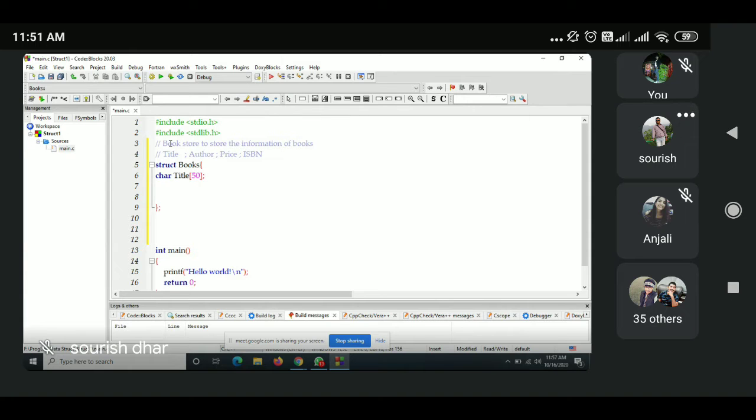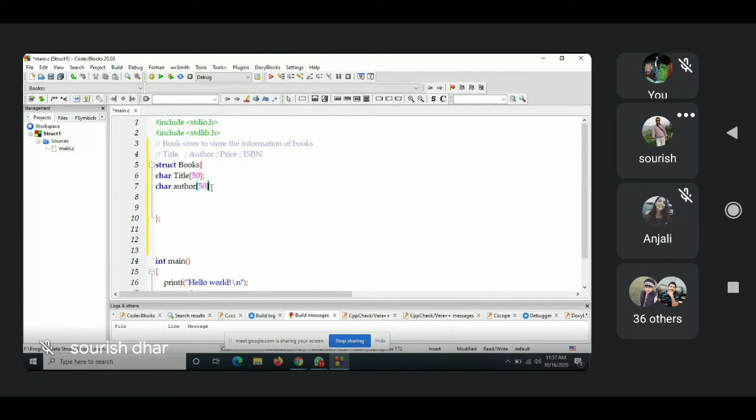50. Then I could say author. So character author, let's suppose I'm also giving it 50 as well. Then what else could I have?